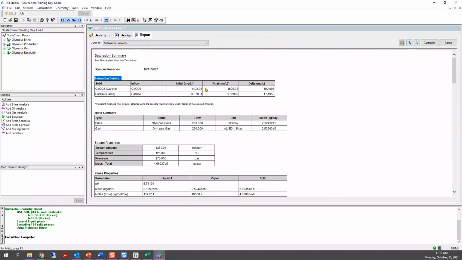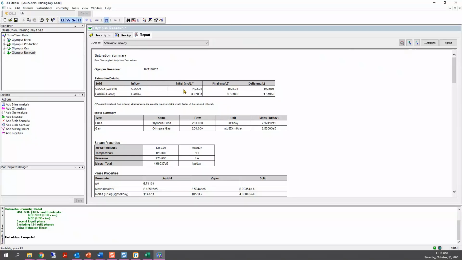So this table has 5 columns. The first column says the solid that was selected to be in equilibrium with the brine at reservoir conditions. Then we have the inflow, what the software used to reach that saturation.